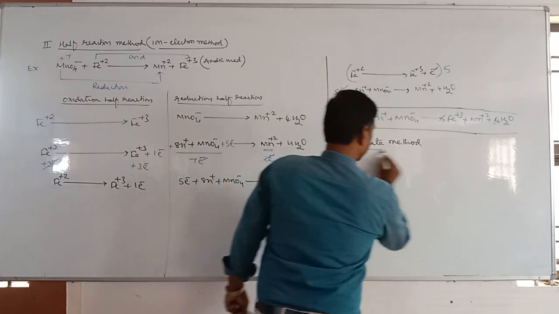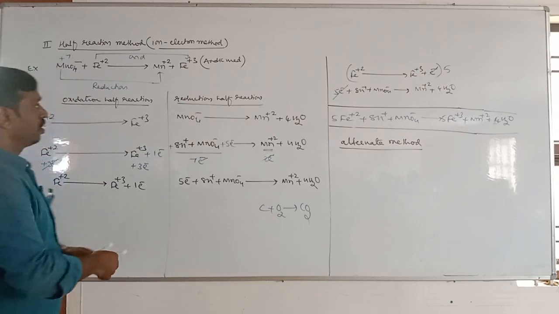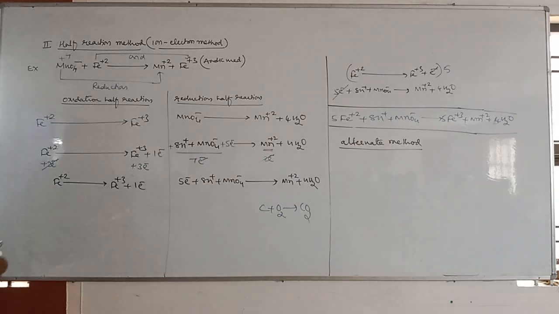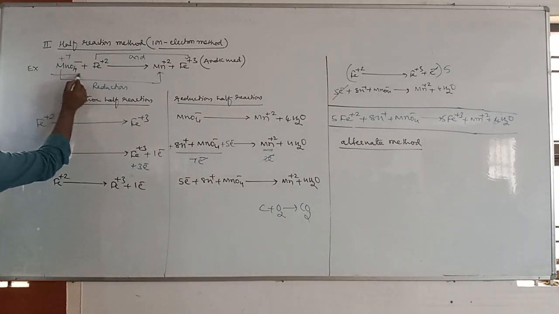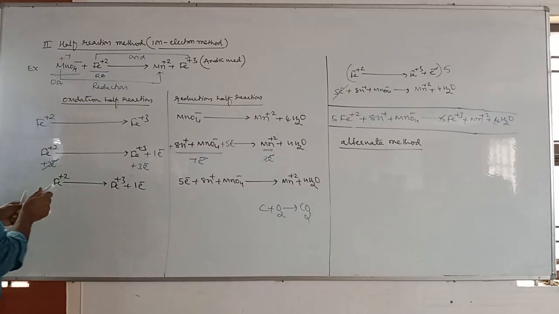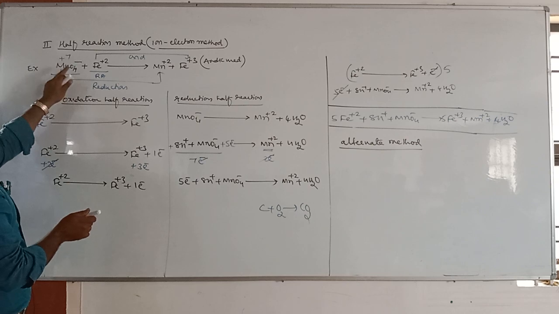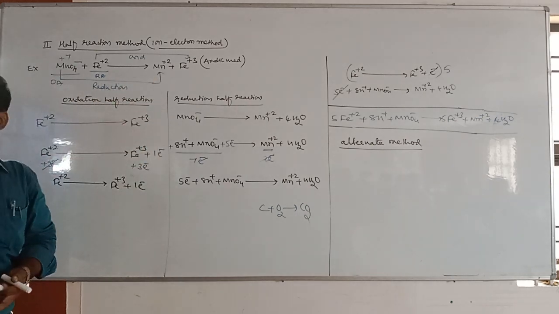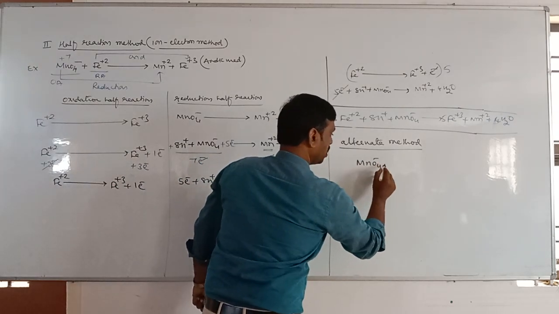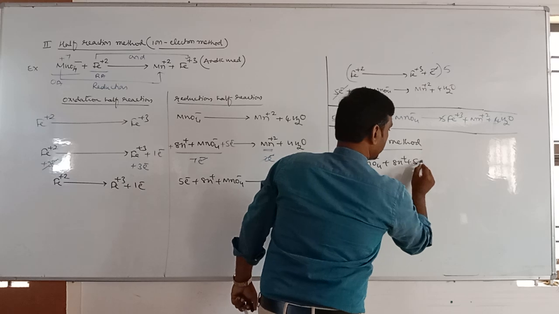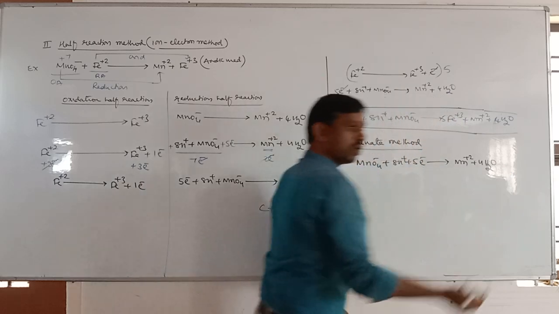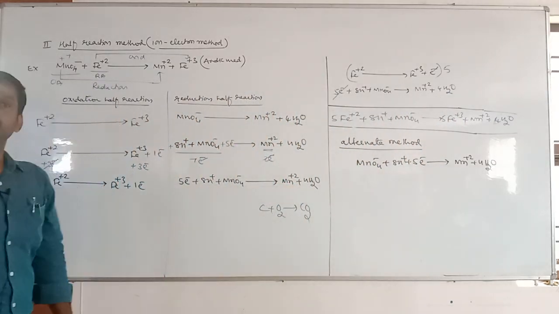Right. So in the alternate method, you do this, but in this equation you calculate and identify the oxidizing and reducing agent. Tell me now, MnO4 minus is an oxidizing agent, right? MnO4 minus converted to Mn plus 2 is possible only in acidic medium. Therefore, in acidic medium, MnO4 minus plus 8H plus plus 5 electrons gives rise to Mn plus 2 plus 4 water molecules. This is the half equation in acidic medium.